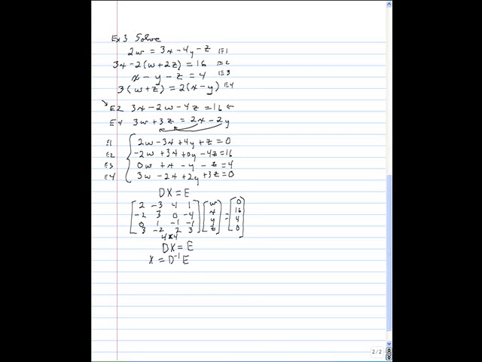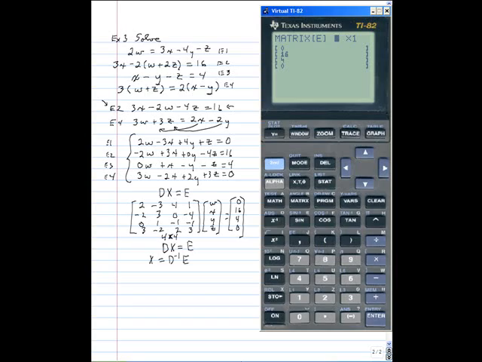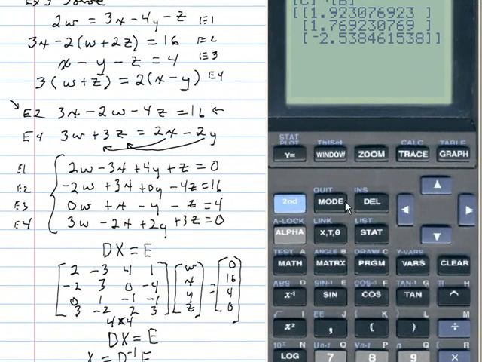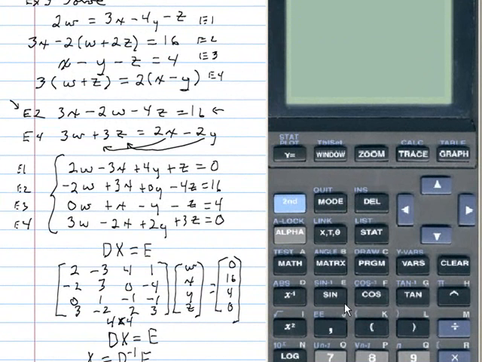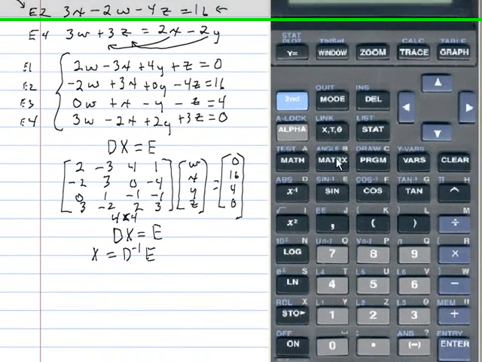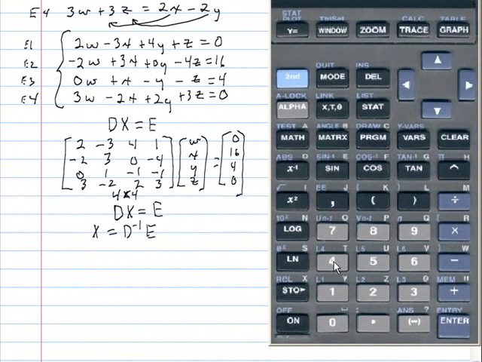So that's all I have to do. Let's do that multiplication. I'll quit out of this. I'll clear this old stuff off. I want to do x equals D inverse E, so matrix D, that's 4, inverse is x inverse, matrix E is 5. So there's D inverse E, enter, and there are my answers,